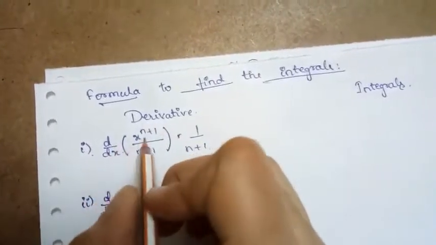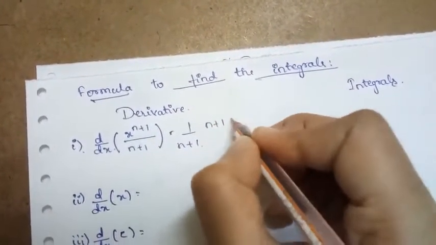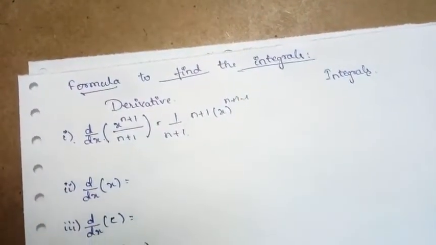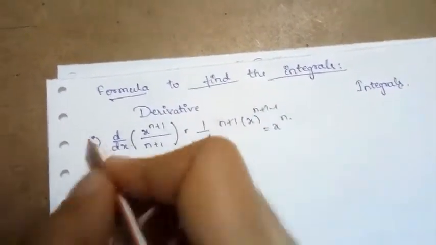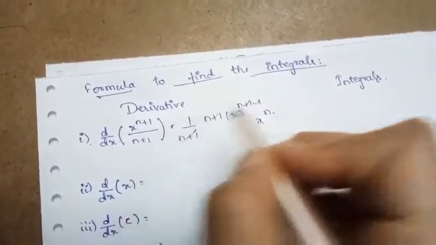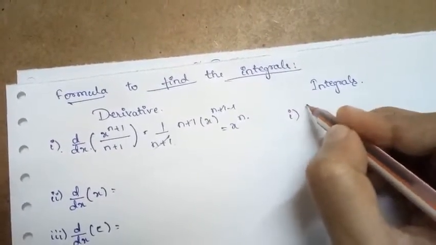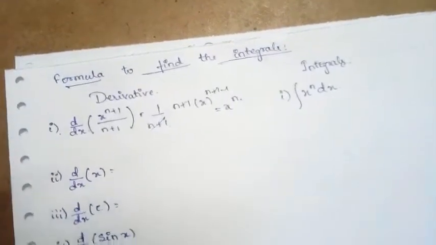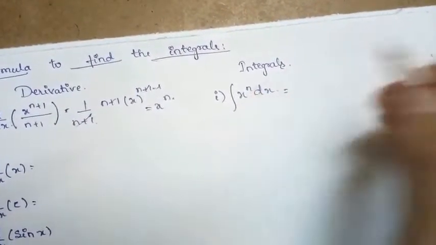What is the formula for the derivative of x to the power n plus 1? It is nothing but n plus 1 times x to the power of n plus 1 minus 1. The 1 minus 1 cancels, so n plus 1 gets cancelled. So the derivative of x to the power n plus 1 divided by n plus 1 is x to the power n. So clearly, how are we going to find the integration of x to the power n